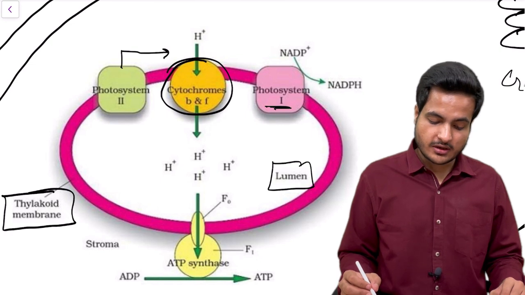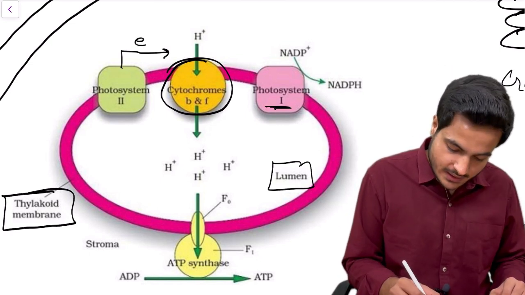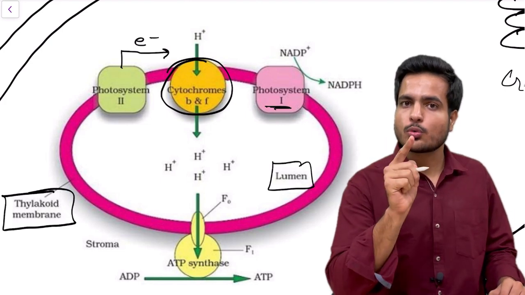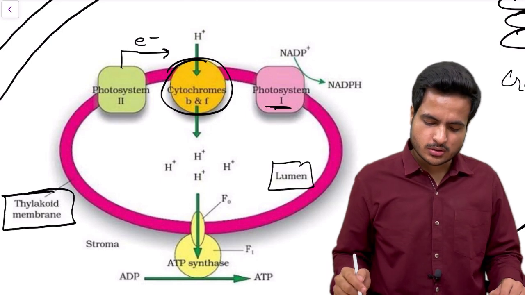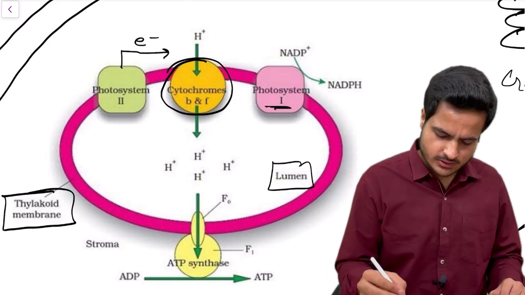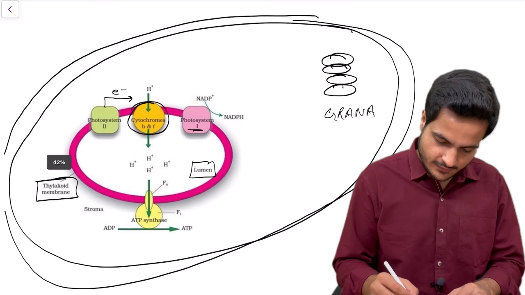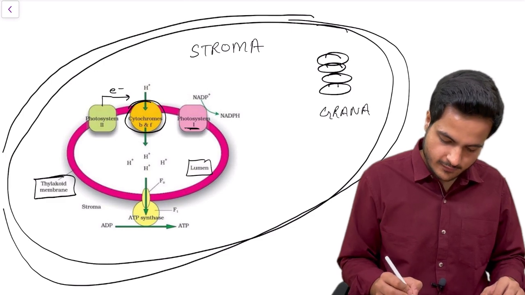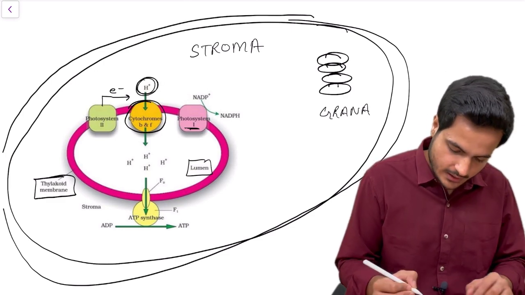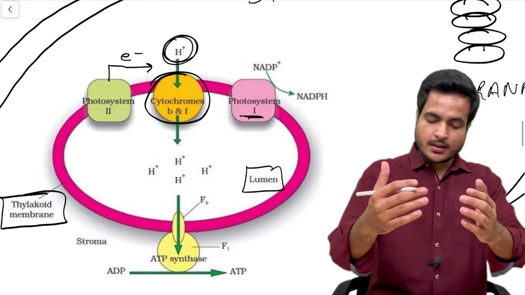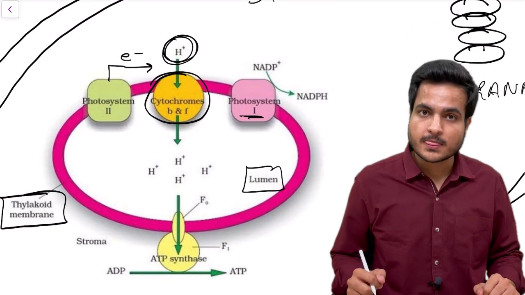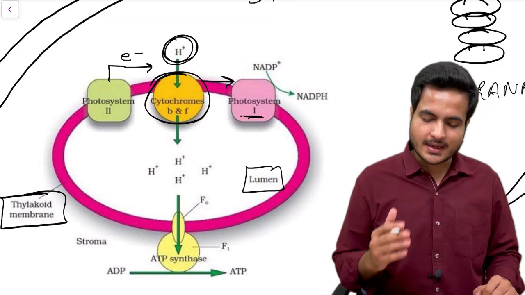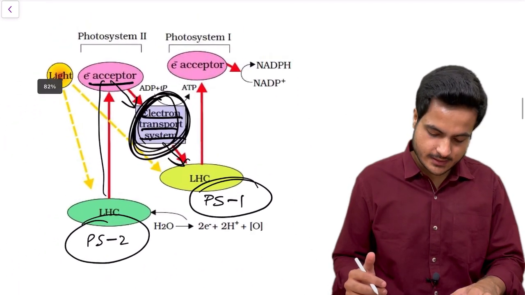And as I am stressing it so much, this electron transport system is made up of cytochrome B and F. Therefore, whenever electrons pass through these cytochromes, they say, I'll not transfer electrons alone, I want hydrogen ions also. So thylakoids say, oh, better take this from the stroma. As we know, in a chloroplast the surrounding medium is stroma and inside we have the lumen. So from the stroma, these hydrogen ions are taken up and sent towards the lumen when they pass through the electron transport system. And finally they are sent to the reaction center of photosystem 1, as we can see here, which would excite